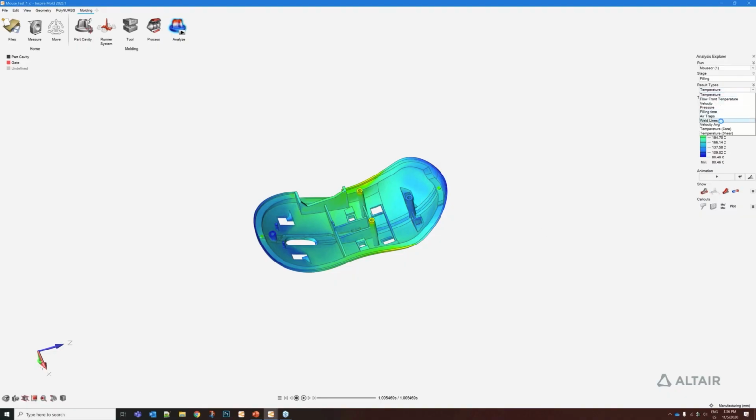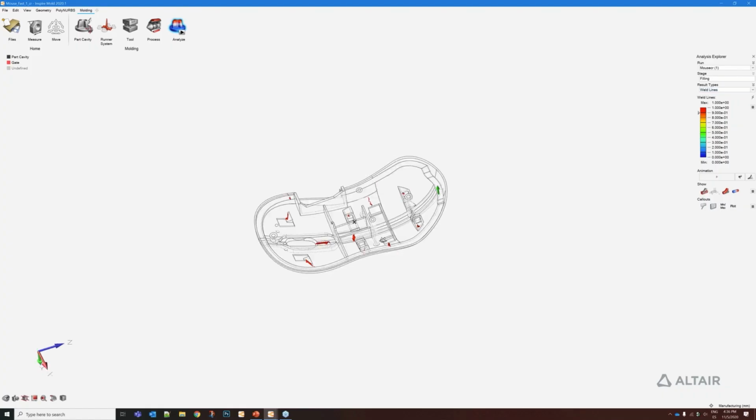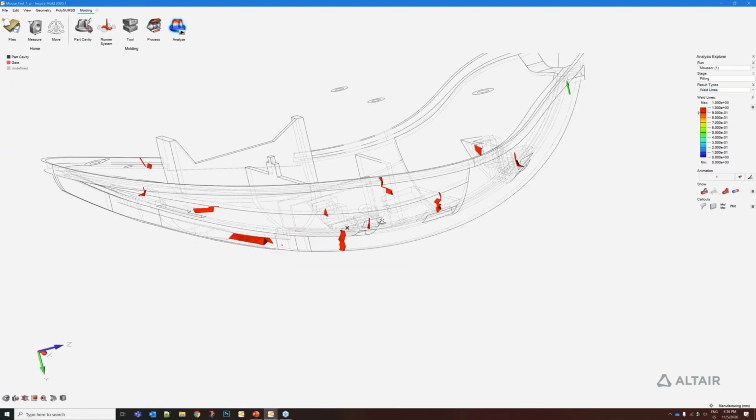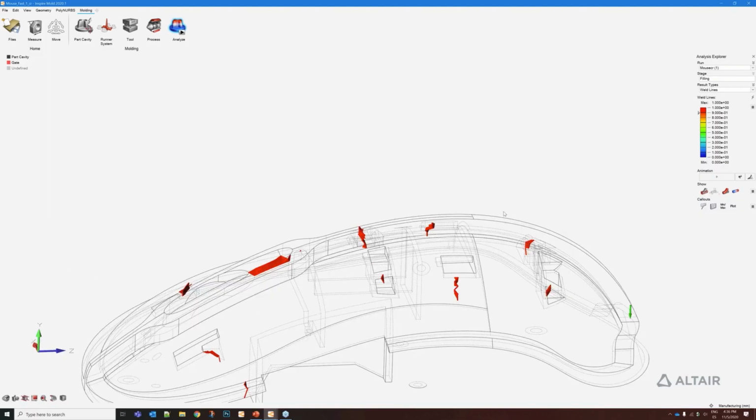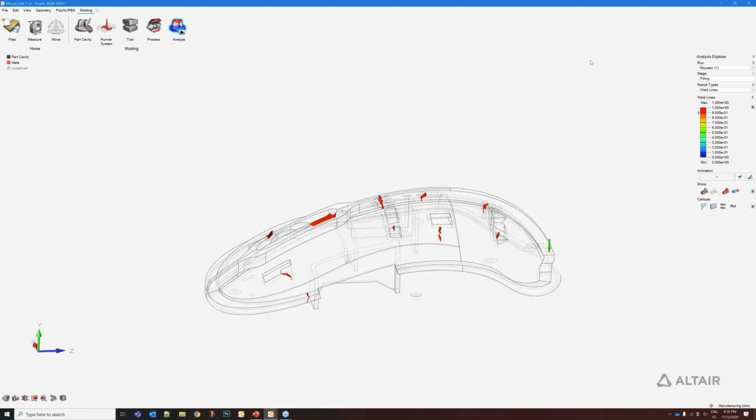But if we see again weld lines or air traps, that could be a problem, to have a weld line right in the center of this rib that is supporting the force that the user is applying on top of the mouse. So that is not convenient. So what we can do again, we can change the gate location, and we can see